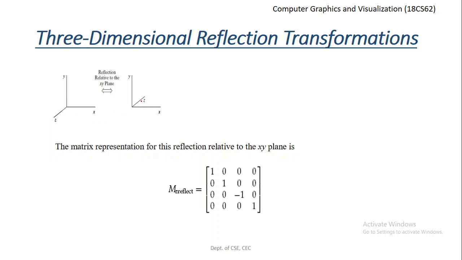The direction of the z-axis will be changed here. It will be in the opposite direction. So that is because the xy plane acts like a mirror. Okay, that is an example for reflection with respect to the xy plane. Now the matrix representation for this reflection relative to the xy plane is given as